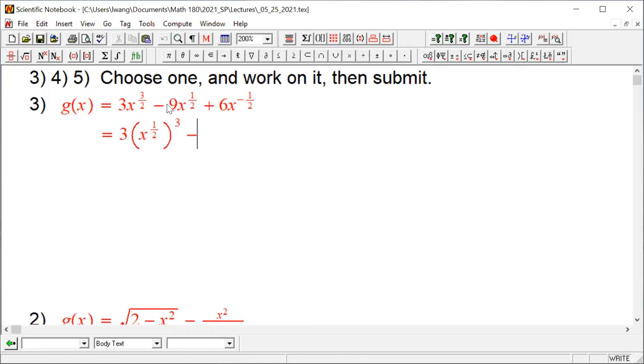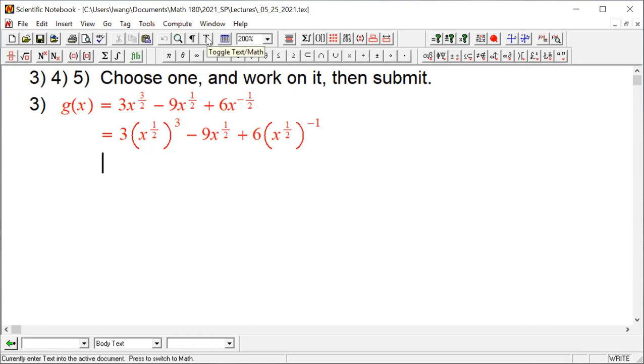So minus 9 times that, and plus 6 times, I'm just going to follow what Bailey did, to the power of -1. To recognize that and going through these steps, he factored out the 3. So what he got,